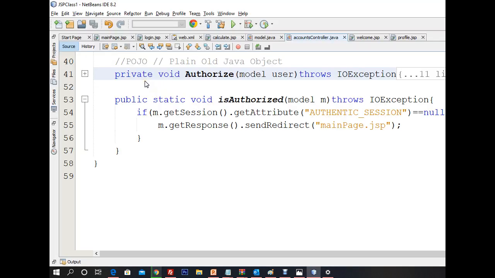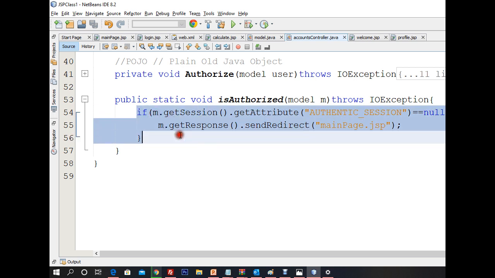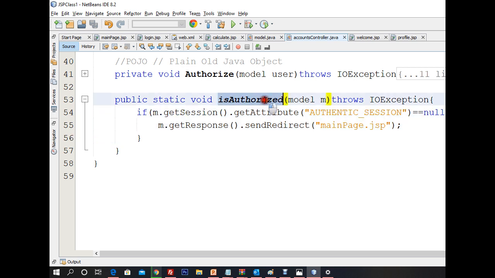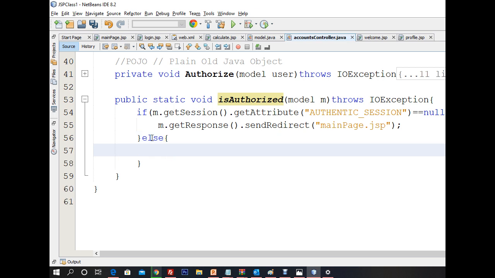That is the only reason, and the reason behind that is that authorize function here is only checking for session, right? You can see that authorize function is only checking if the session is started. Now in this case session is not started, right? So now what we are going to do here, if session is not started, right, what you got to do is, I will say else,